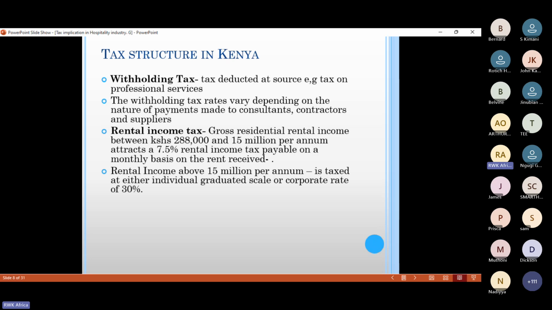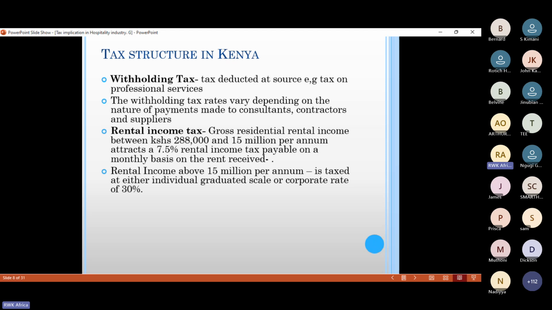But for withholding tax, if you seek professional services, you as a hotel or as a person who owns a restaurant, maybe you come to us for our services, or you seek services from a lawyer or maybe an IT specialist,